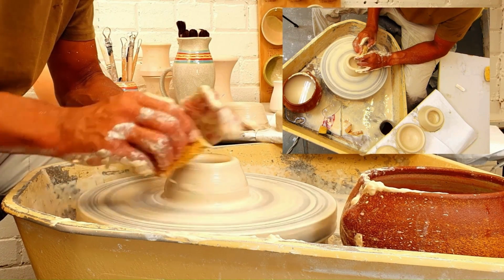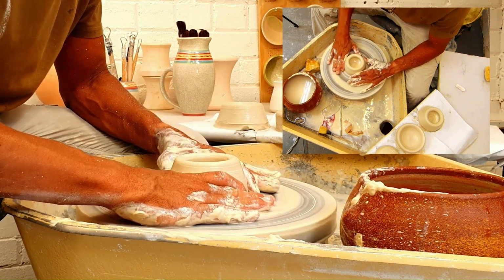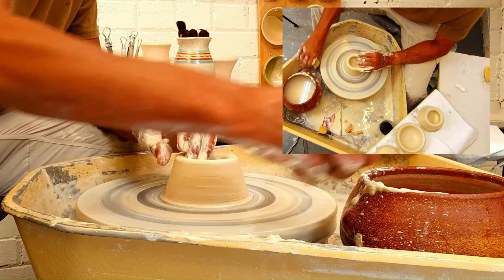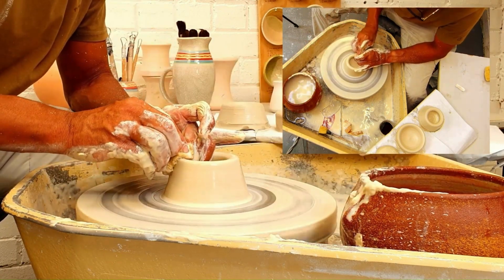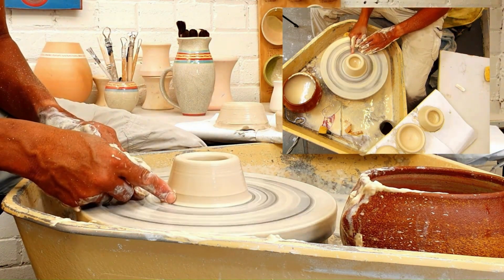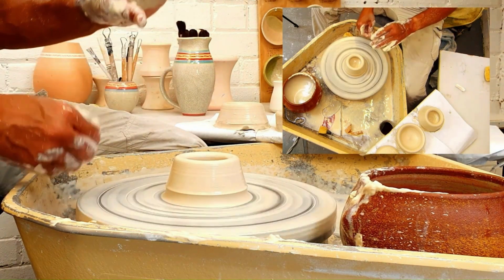Run that sponge yet again across that rim, and you may have to collar in again. You can notice that every time you collar in, you gain a bit of height, and you're trying to create that nice strong form. Give yourself a mark,